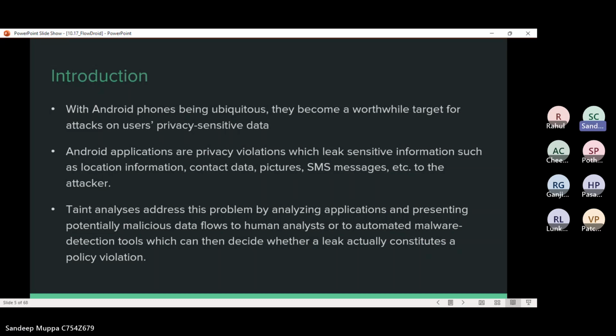The approaches track sensitive tainted information through an application by starting at a predefined source, such as an API method returning location information, and then following the data flow until it reaches a given sink.